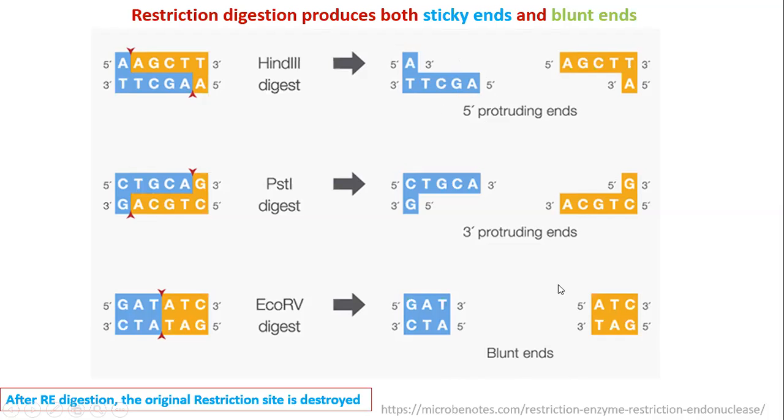But what about a blunt end? I want to ligate this back. I cannot do it. There is no stitching back, no 3 prime OH is free. But what nucleotide is down in the 5 prime, I don't know. I cannot match it. So to do the blunt end ligation, what we will do, so we know the restriction